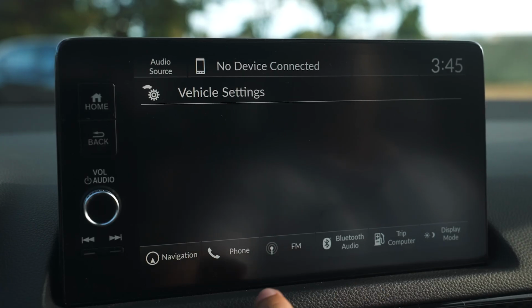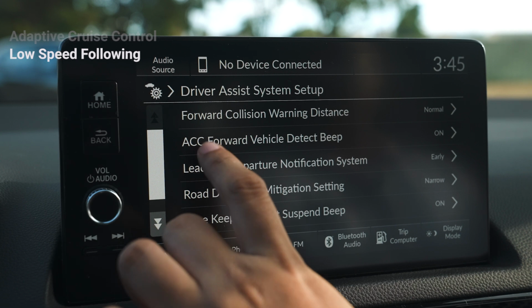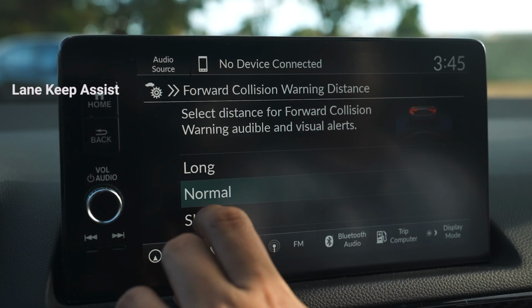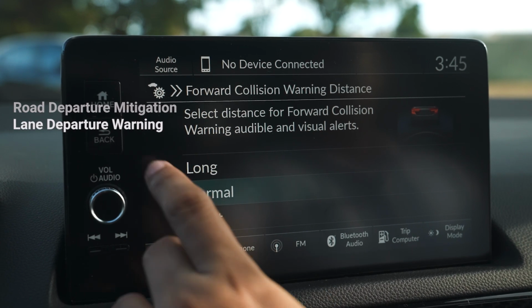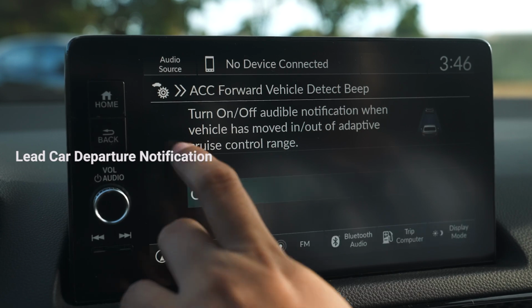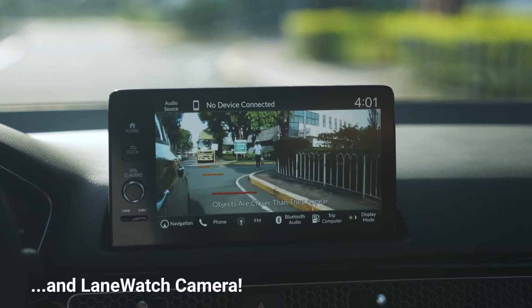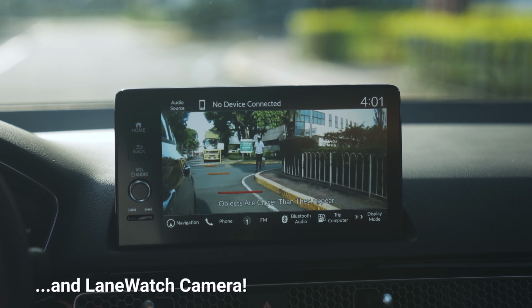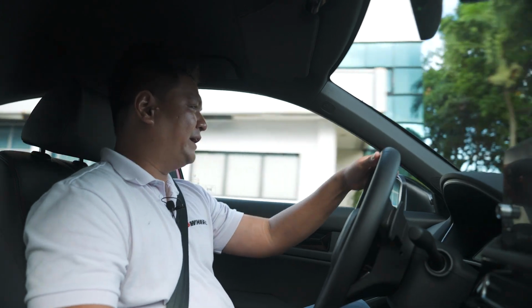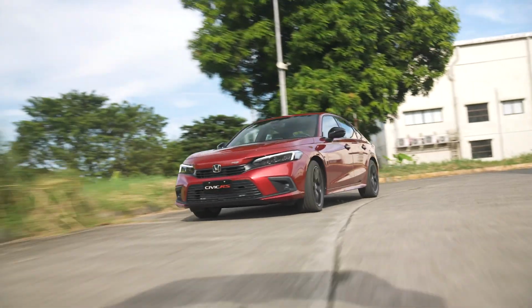during your drive. So Honda Sensing includes adaptive cruise control, low speed following, lane collision mitigation braking, lane keep assist, road departure mitigation, lane departure warning, auto high beams, and lead car departure notification. That's a mouthful, guys. And I'd say if you've never tried out Honda Sensing before, and I'm sure you say, oh, I don't need all that, but once you've tried it, I gotta say,